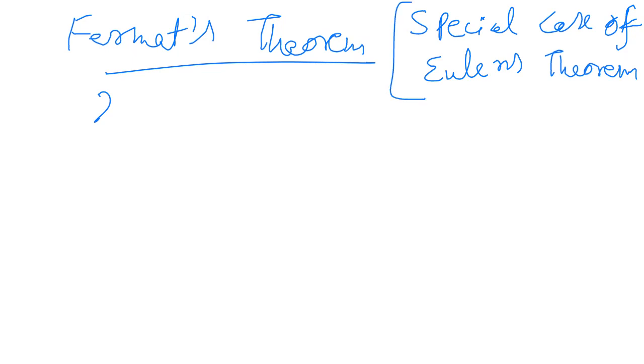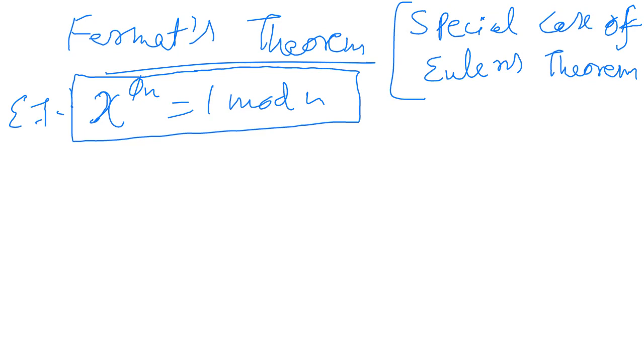Why is it called a special case of Euler's theorem? Because in this case, the formula is the same, x to the power phi n. This is the formula of Euler's theorem, 1 mod n. But if n is a prime number,